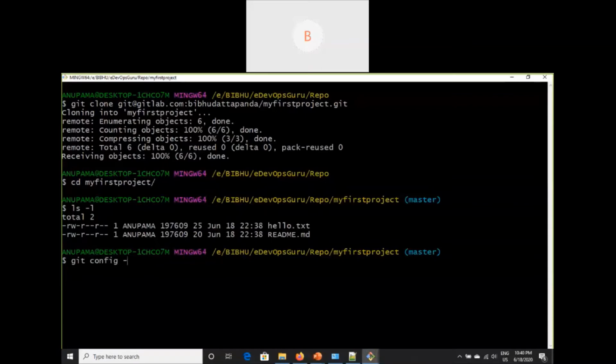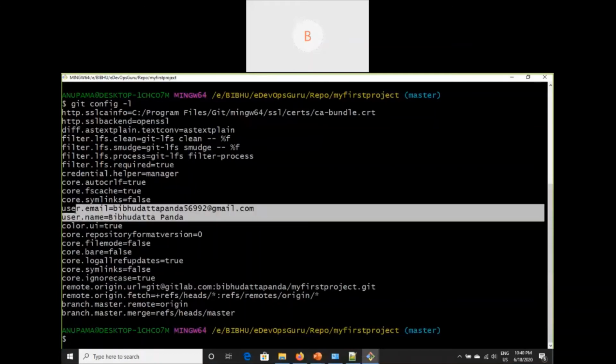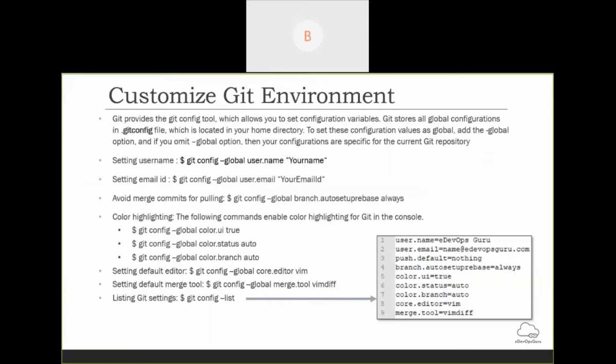That file is the git config file. These are the configuration file details. You can edit any of these parameters according to your requirement. You can give your email ID and name. You can change the color as well as the URL. There are a lot of options you can change. The mandatory things are your email ID and name.